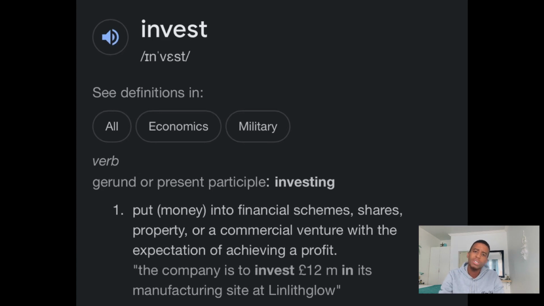So just to throw in some examples as well. Say I have 5,000 rand, and I happen to buy shares. If I buy shares in a company, my plan with that 5,000 bucks is to make a profit out of it. I'm hoping that the shares are going to give me a profit in the long run, and that's basically what investing is in simple terms.